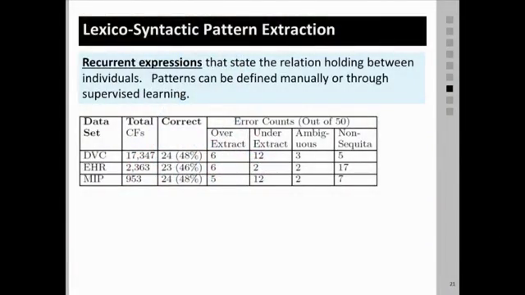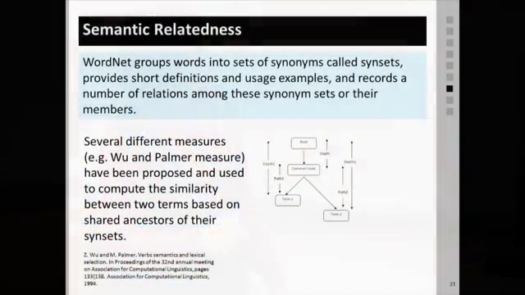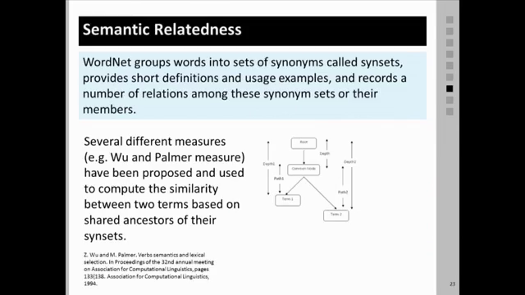So we had a number of problems with that. So in order to try and improve our recall, we also used association rule mining and topic modeling. And basically, this gives us more of a clue about where the relationships might exist. So if we know some relationship exists between something in the source and something in the target, and we can't find it with our more accurate approach, then we resort to something that just looks for associations. And then we also used WordNet to try and understand a little bit more about the semantic relatedness using synsets and things like that.